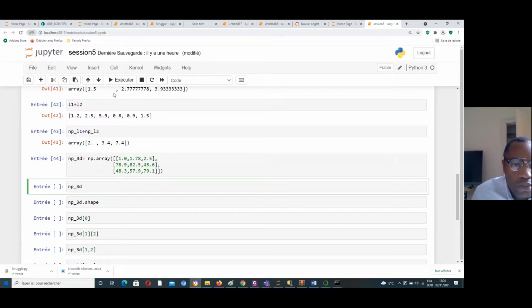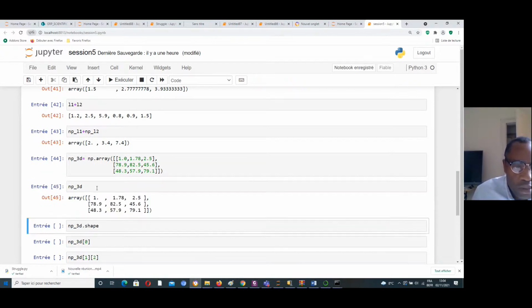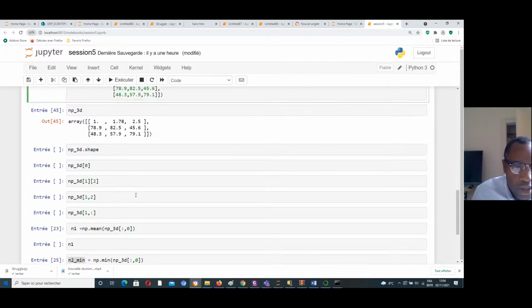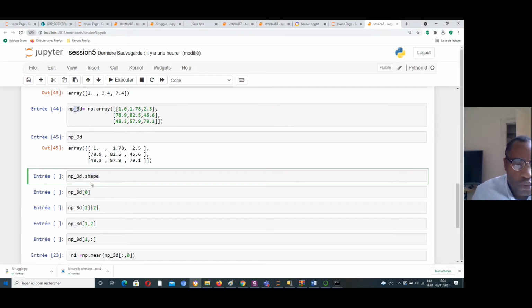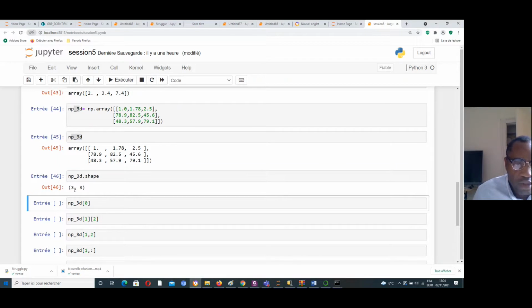If I want to print this list, I get the same content as here. If I want to calculate the shape of this list, the number of rows and columns, I just calculate the shape like that, execute, and I get 3 rows and 3 columns.